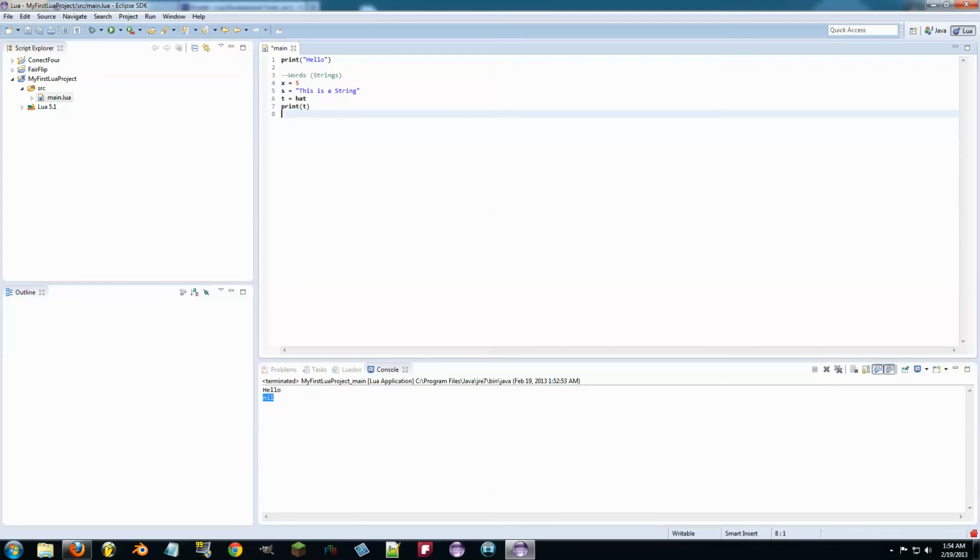And that's it for strings, really, except for one last thing, which is putting things together. So you could do this. Let me just write a few things. So print s, then t equals s. Print t, and